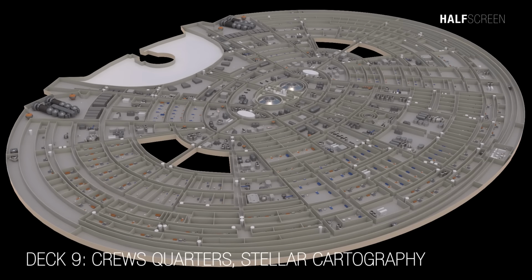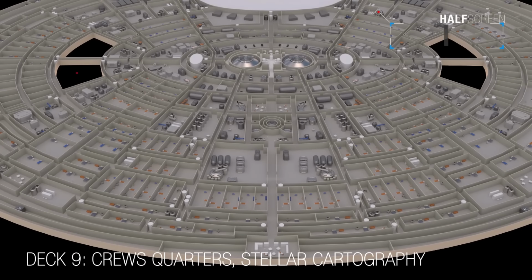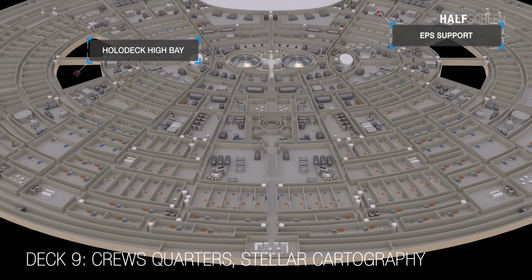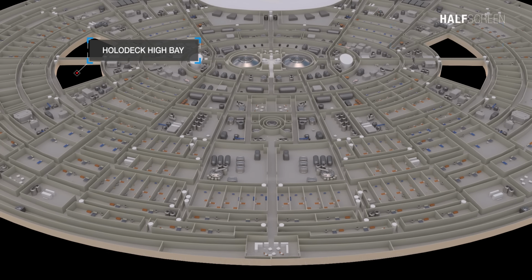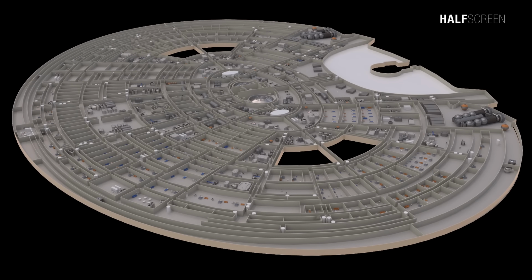Deck 9 encompasses a variety of essential facilities and specialized areas. It houses the EPS, electroplasma system, and a holodeck high bay. Furthermore, Deck 9 also features an atmosphere systems lab, additional crew quarters and several crew lounges, and the second floor